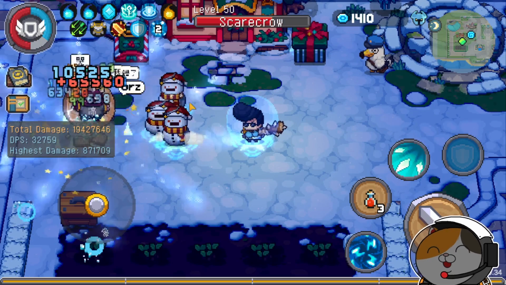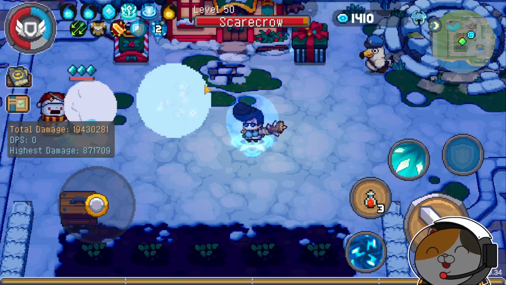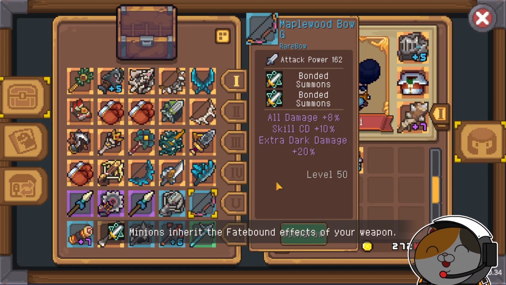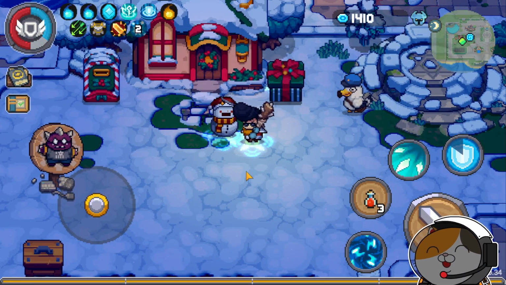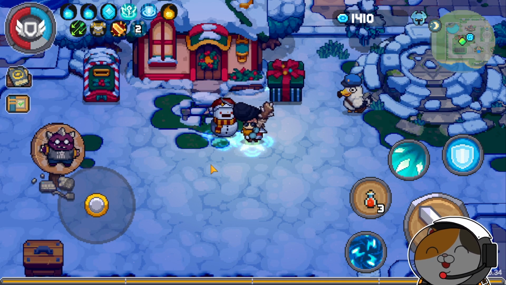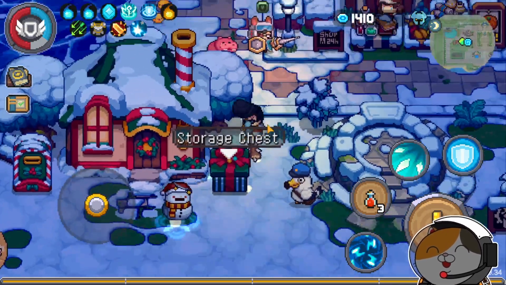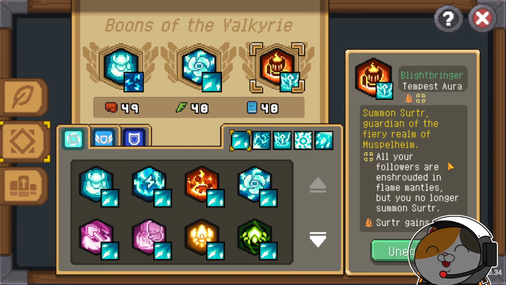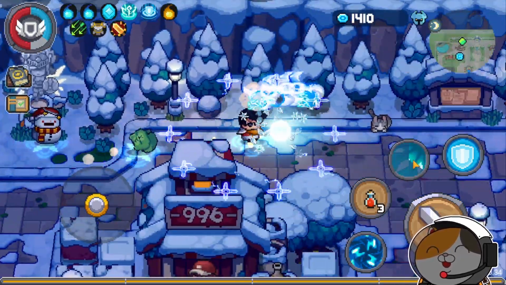And also this snowman, even though this is a summon creature, a summon minion, you don't really want to use the bonded summons and also the field martial, because your snowman doesn't really attack, it just walks around until finally it decides to explode on your enemies. So if you do want to play around with your snowman even further, you can use this one, Blightbringer. If you put Blightbringer on a buff, then all of your followers are enshrouded in flame mantles. So it's quite fun looking at